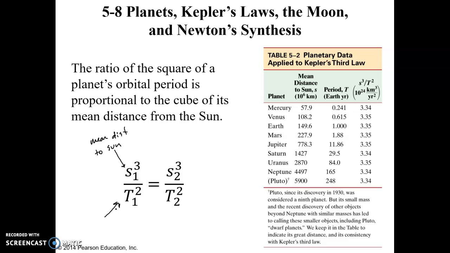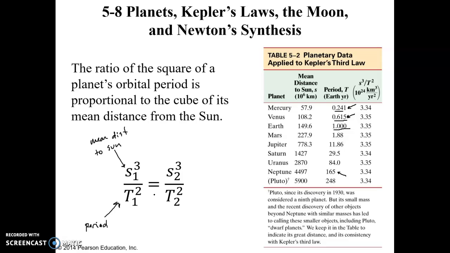And T being the period measured in Earth years. Well, the chart here gives it measured in Earth years. So on Earth, a year is 1 Earth year, obviously. Venus goes around the sun a lot faster. It only takes 0.615 of 1 Earth year for Venus to go all the way around. Mercury is going around the sun very quickly. And if we look further out here, Neptune, for instance, it takes 165 Earth years for Neptune to travel around the sun just one time.